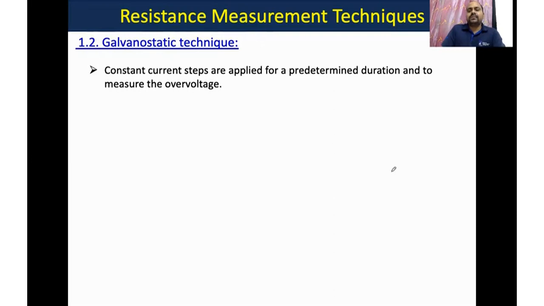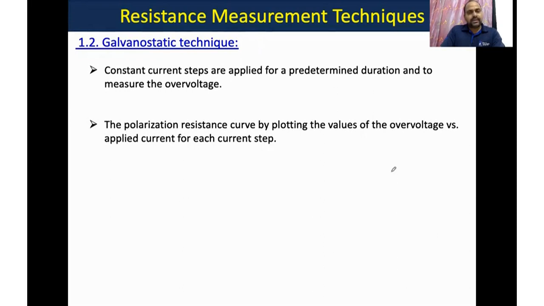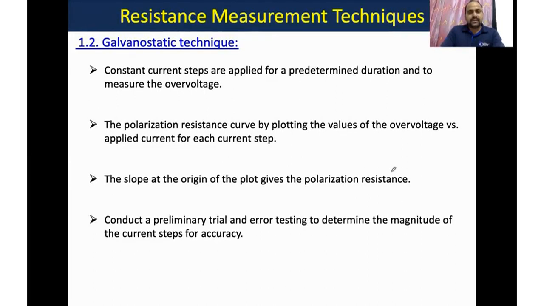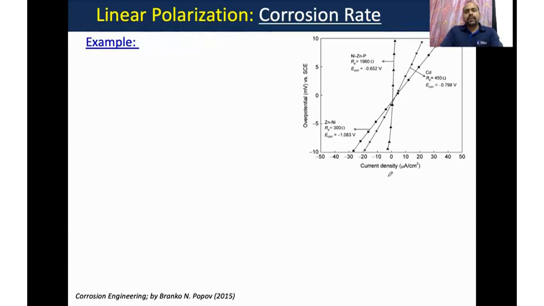When you are applying positive current, you are getting positive voltage. When applying negative current, we are getting negative voltage. So this is the step applied current with respect to step voltage. But after plotting, it will become a linear plot. By the linear plot, you can just estimate the Rp. So here they are just comparing these three different systems. And in this case, they have calculated the variation in the corrosion potential and corrosion rate for different coatings. So one sample is nickel, ZnP, cadmium, and this.